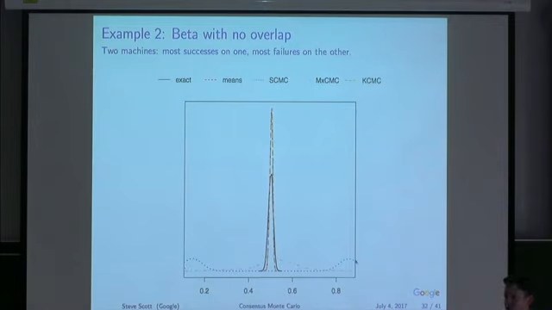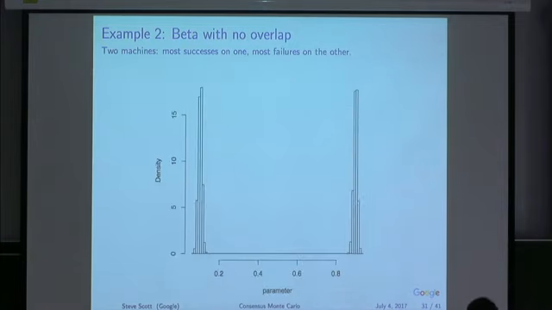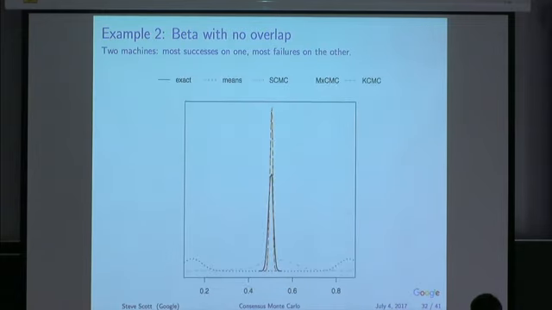This is what happens with particles, right? So what you're going to do if you try to combine these things using particles is, whatever the smallest one was is going to go, all of these points are going to get evaluated under this likelihood. Only the smallest one is going to be worth anything, right? And so all the weight's going to go here and all the weight's going to go there, and you're going to end up with that bimodal set of particle density estimates. So resampling is going to break in a predictable way.